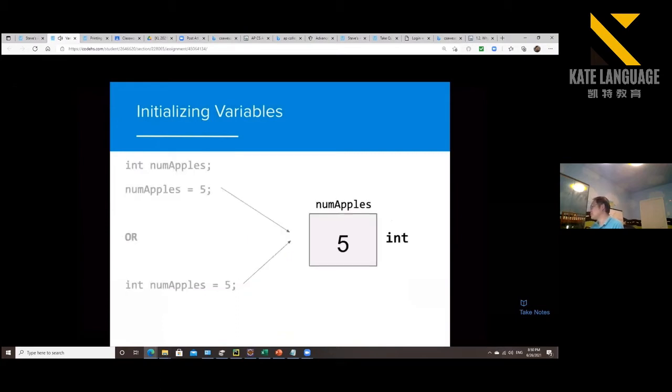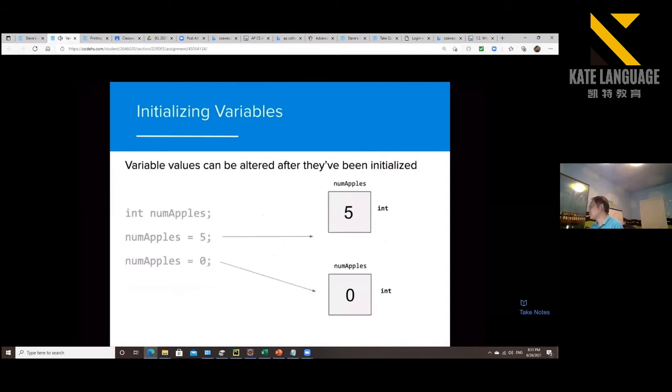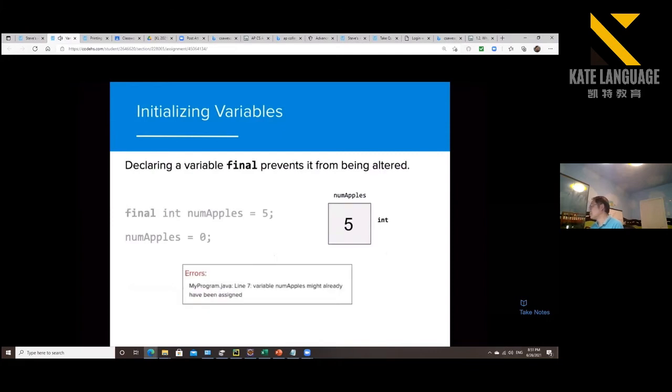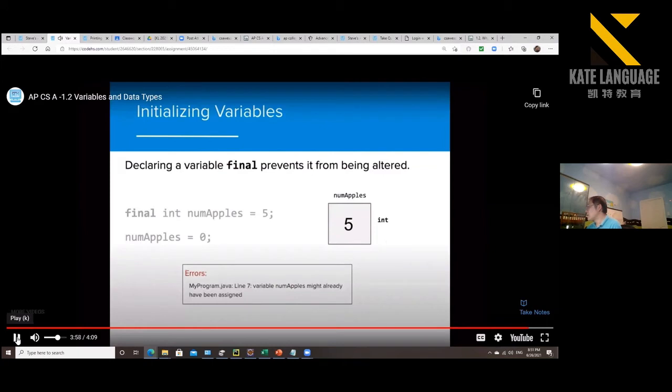Variables can be initialized at the same time that they are declared, or they can be initialized after they have been declared. Both statements will create a variable named numApples that holds the value of 5. Once variables are initialized, the values can be changed by setting the variable to a different value. Variables can be protected from alteration if the keyword final is included before the data type. If there is an attempt to change the variable value, then an error will be called indicating that the variable has already been assigned. This is often used as a security measure in more